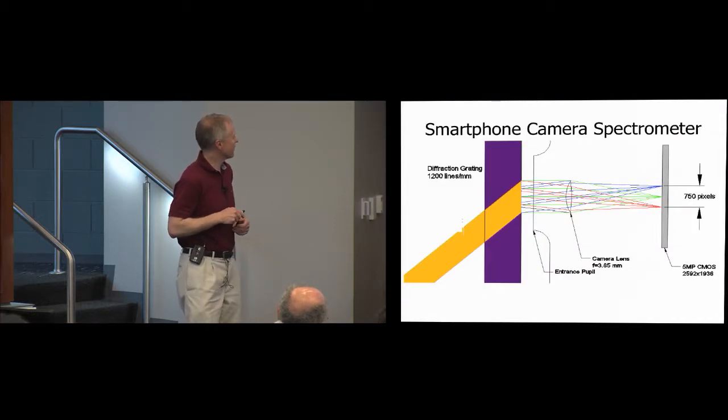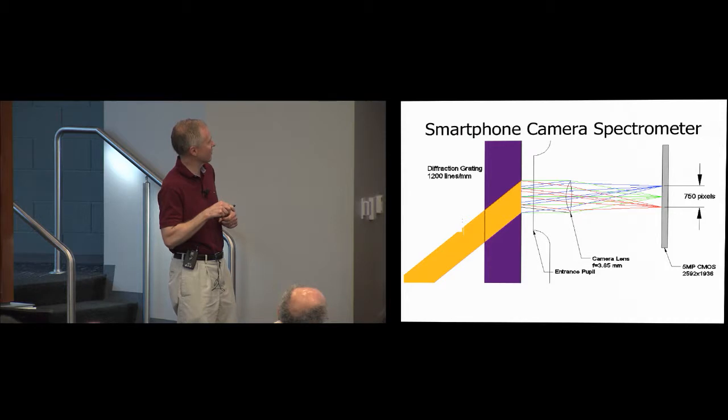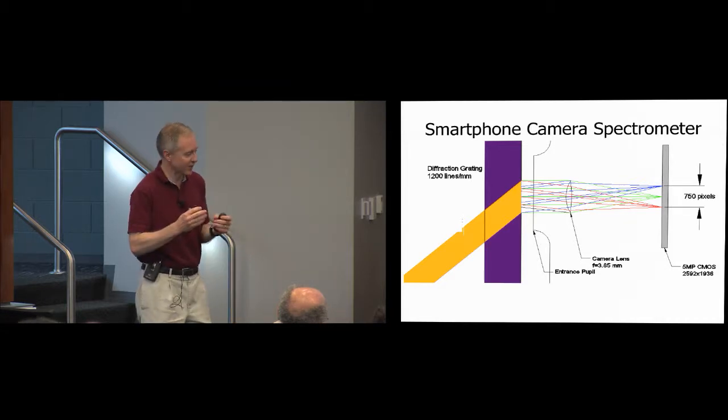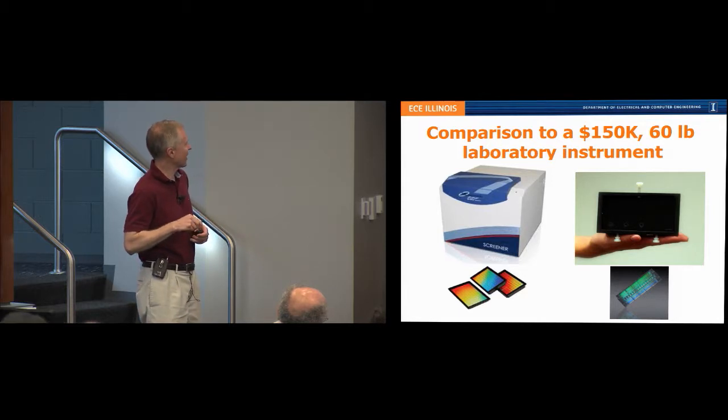If you take a white light and put it through this diffraction grating, we do some computer simulations to show that the light comes in and that we have to consider the opening, what we call the entrance pupil of the camera itself. This line here represents the back of the camera. There's a lens inside there, which we have to know a little bit about. But then the light will be spread across all the pixels of the camera on the inside of the phone. And so this basically allows us to have a handheld thing that does the same thing as one of these